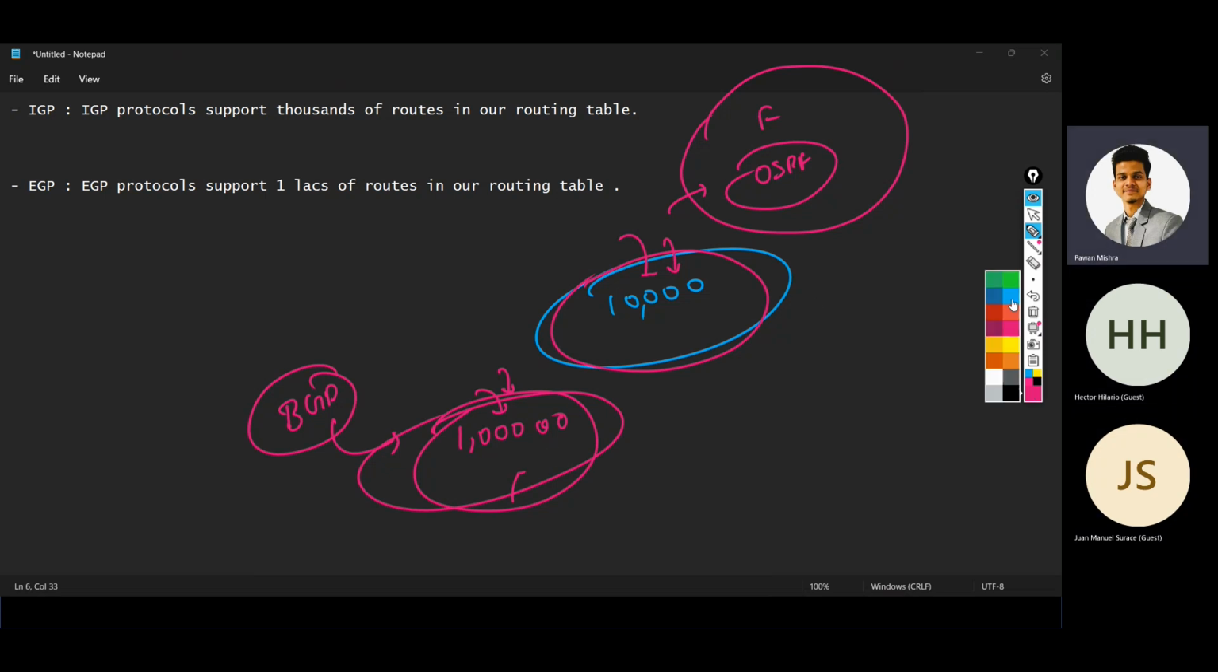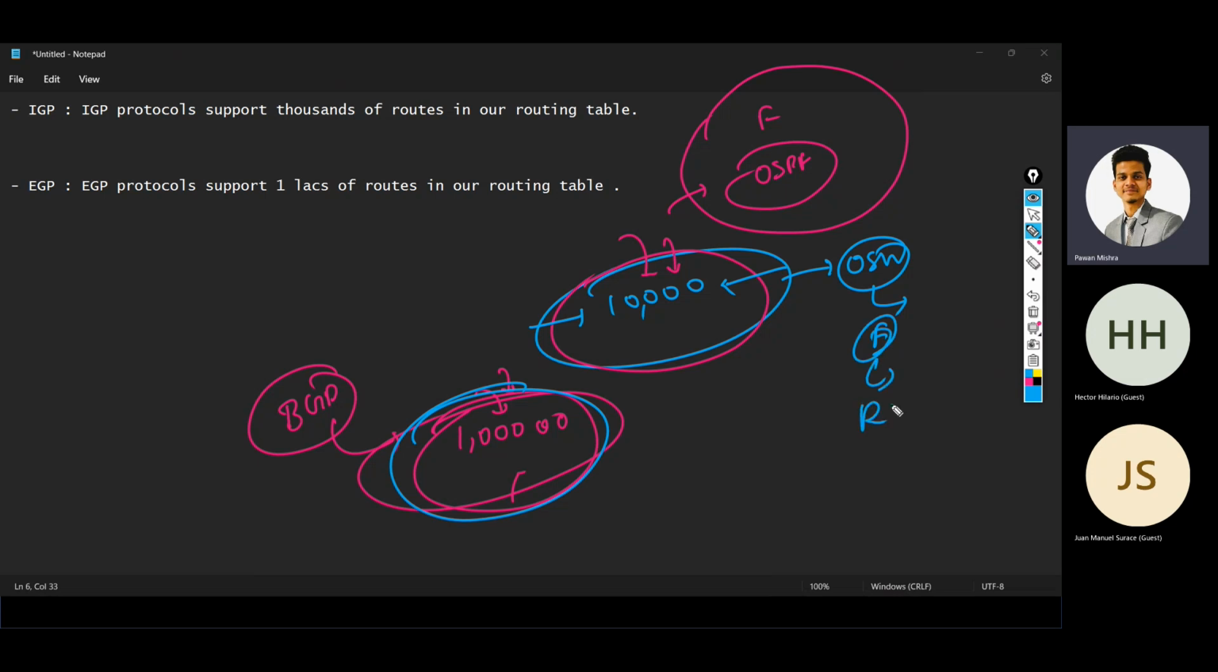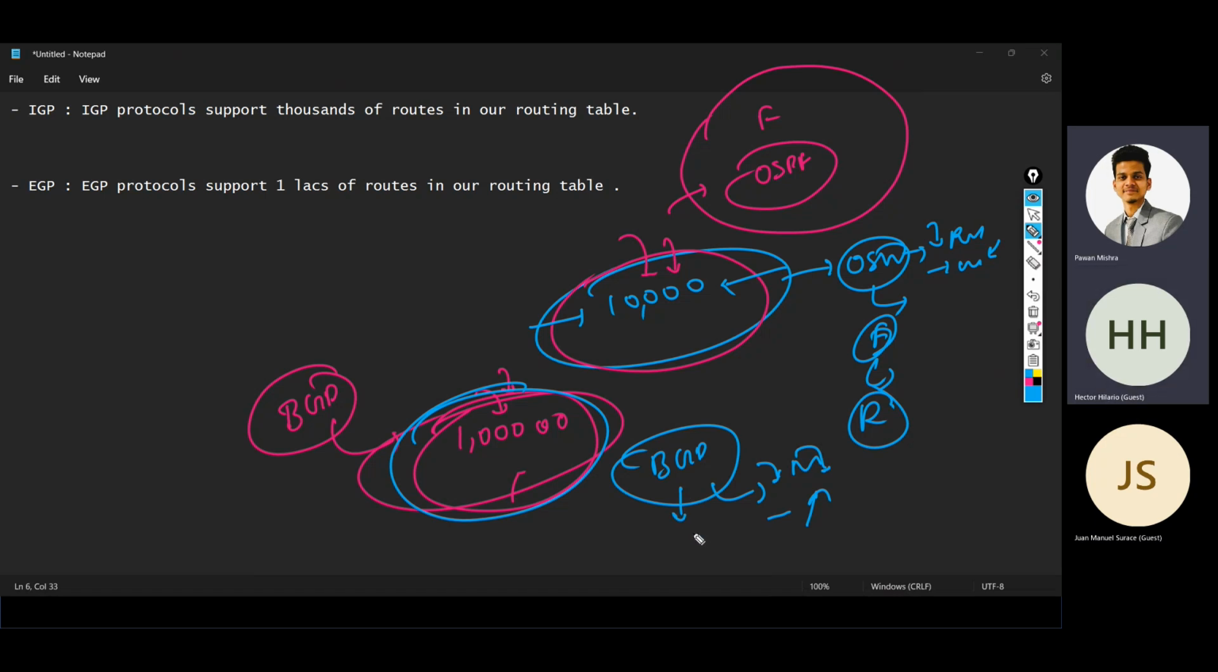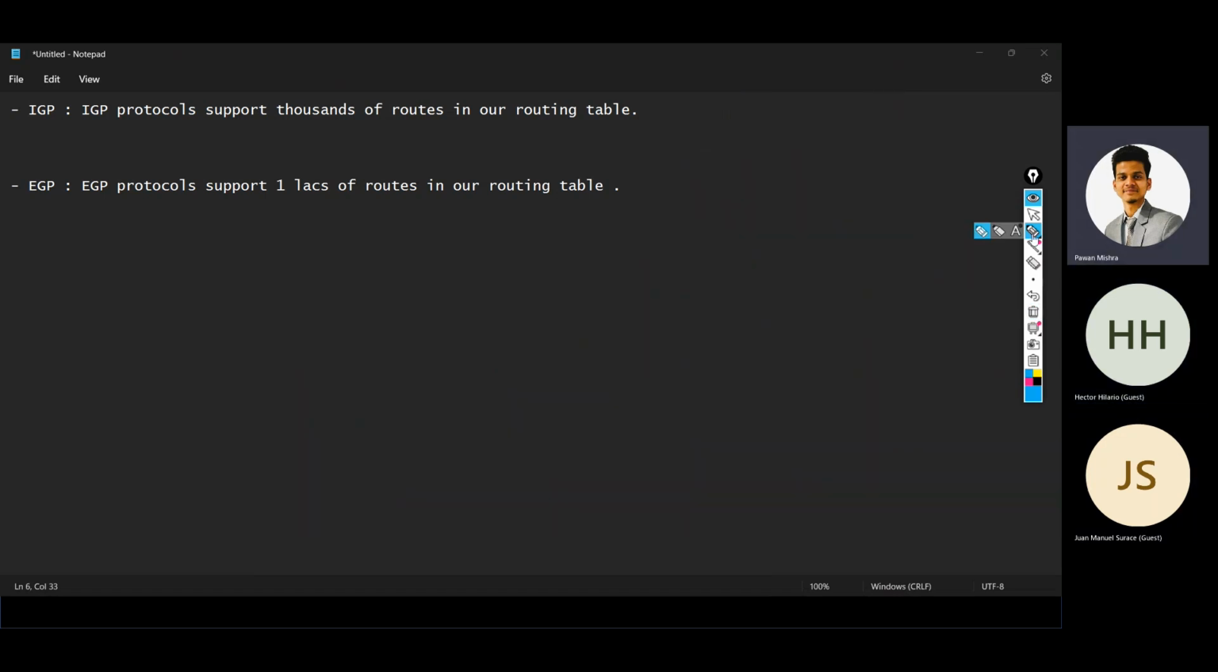So these IGP protocols don't support lakhs of routes in our routing table. Why? Because if I enable the OSPF protocol in any router, EIGRP, or RIP protocol in any router, the RAM will be reduced, and the processor will be lower. But when we enable the BGP protocol in any router, that router has more RAM, higher RAM, and the processor is also higher. Exactly, because this is the bigger protocol, right? So this is the first reason we can say,